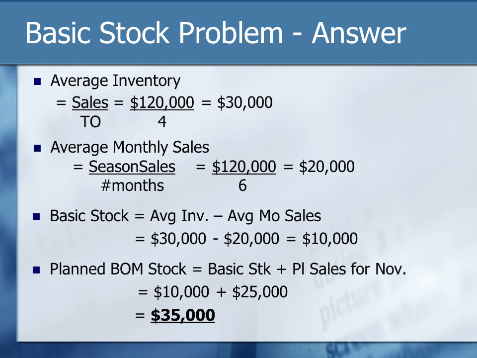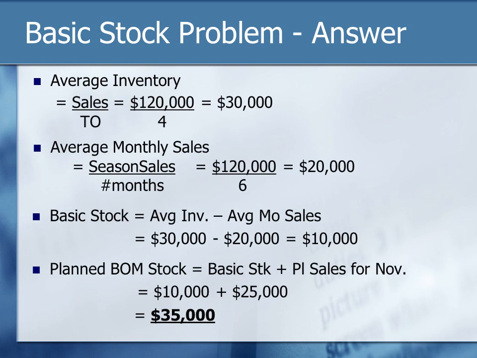Okay, let's take a look at the answer together. First, we calculate the average stock level by dividing the seasonal sales by the seasonal turnover, right? Seasonal sales of $120,000 divided by seasonal turnover of 4 gave us an average inventory of $30,000. For average monthly sales, we take the seasonal sales and divide by 6 months, which gives $20,000 on average. Basic stock is the difference between the average inventory and average monthly sales, so $30,000 minus $20,000 equals